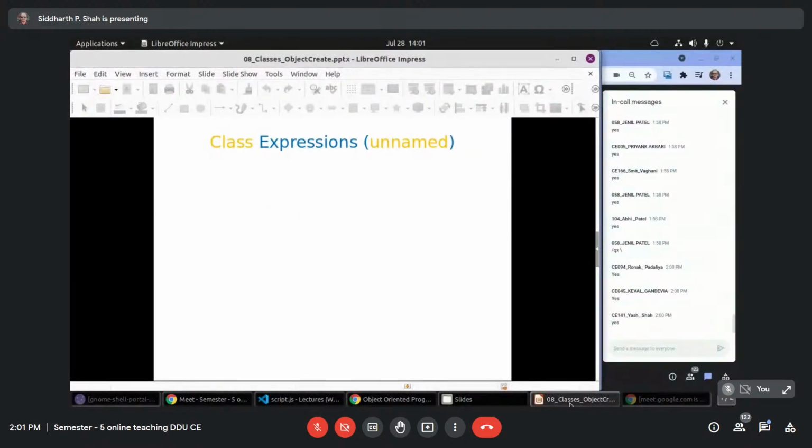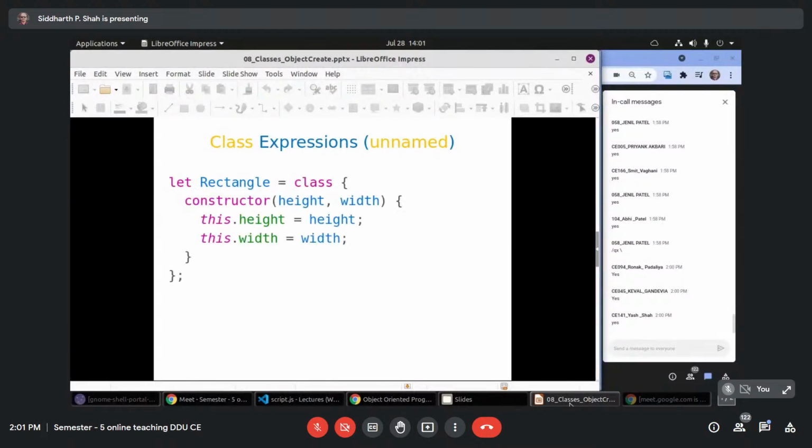Now class expressions. So you can create a class like this and assign it to some variable. So this is a class expression, an unnamed class expression. You are not providing any class name. It will be known by the name Rectangle.